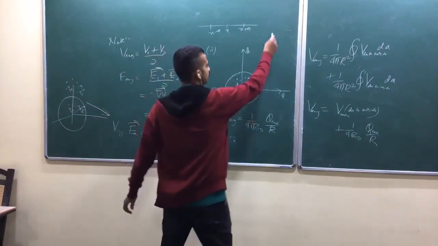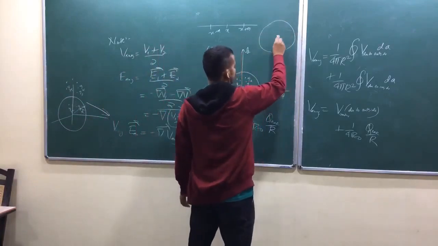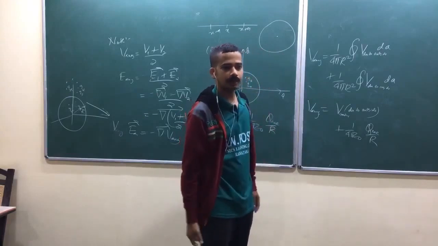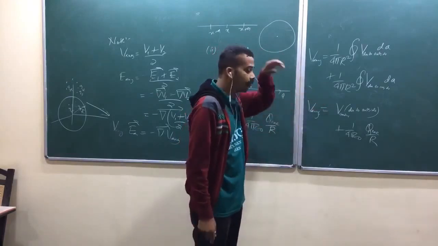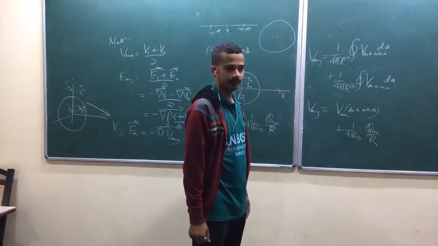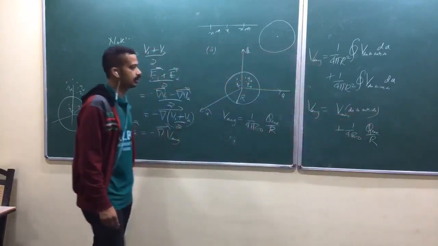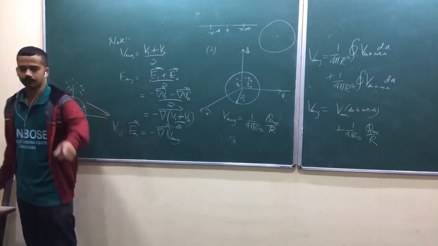Now, in 2 dimensions you have taken one circle, because the neighborhood of a point in 2 dimensions is a circle. You divide by 2 pi r. Am I right? Here you have to divide by surface area. So that is the way of taking the average. Yeah. So now one more problem somewhere.